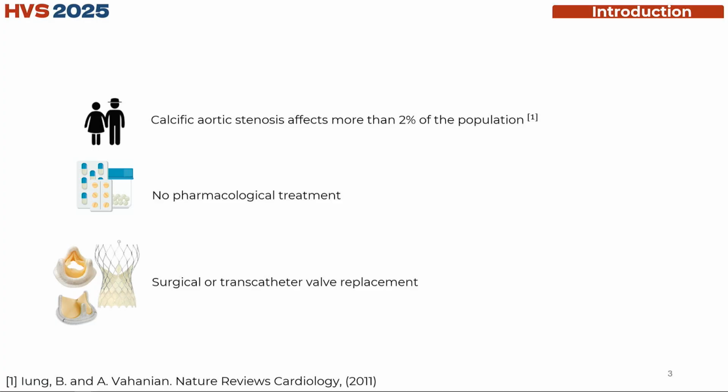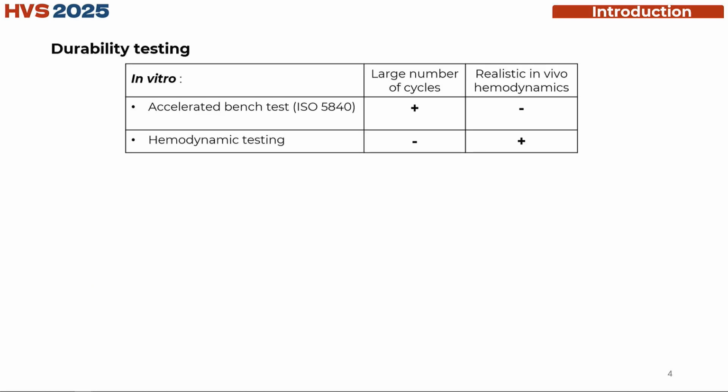There are more and more bioprosthetic valve replacements, but their main limitation remains durability compared to the mechanical valve. To test durability, accelerated wear tests simulate 5 years with 200 million cycles, but it's not realistic due to the high cycle frequencies. So hemodynamic testing is shorter and uses more realistic hemodynamics, and thanks to specialized methods, we can reveal early signs of poor durability.